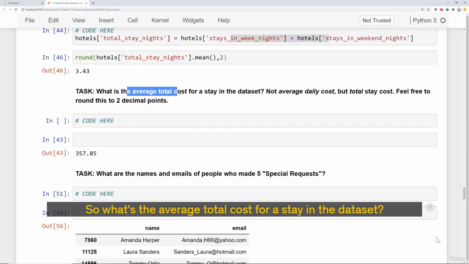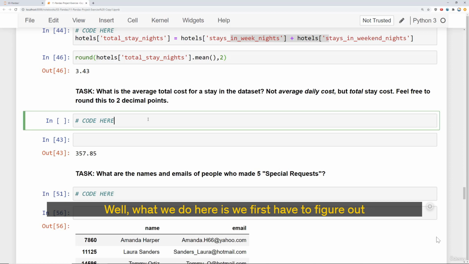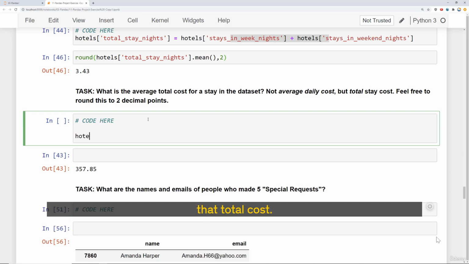Okay, so we come back down here and let's figure this out. So what's the average total cost for a stay in the data set? Well, what we do here is we first have to figure out that total cost. So what is the total cost someone pays if you have their average daily rate as well as the number of days they stayed? Well, it's just going to be